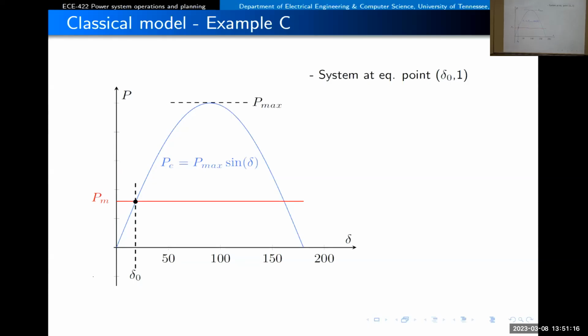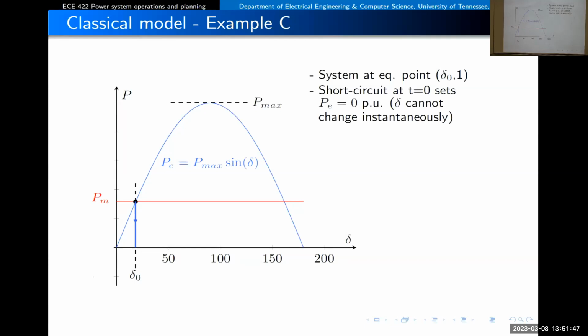So we will continue with our course, and the last thing we did was to study the behavior of this synchronous generator connected to an infinite bus, but now with a short circuit. The short circuit occurs at the terminal of the synchronous generator. When the short circuit happened, the electrical power was instantaneously set to zero. Angle delta cannot change because it's a state variable related to the kinetic energy, the motion of the generator,